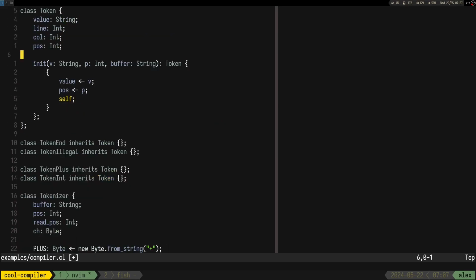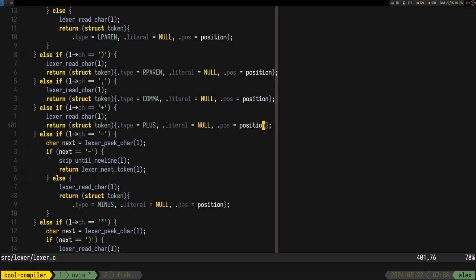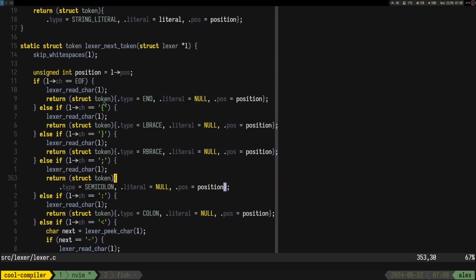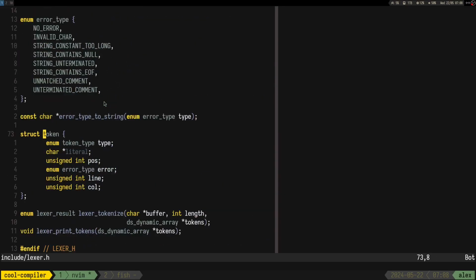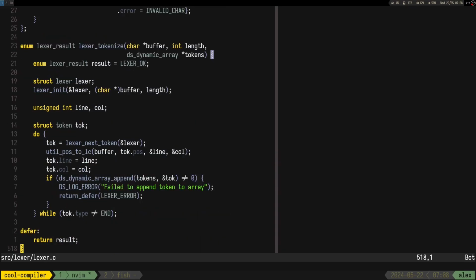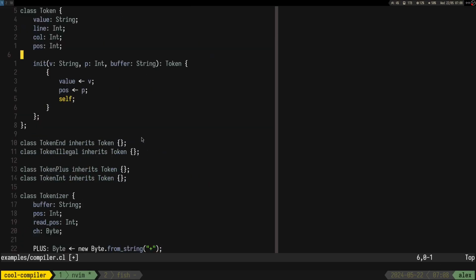I could also make something like the tokens. I don't think they had, well, they had line and column, not gonna lie. But that's more like computed here, so yeah.